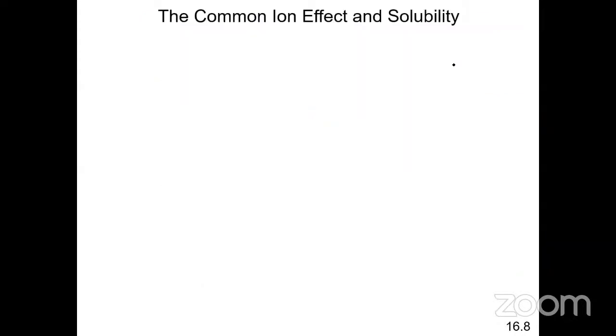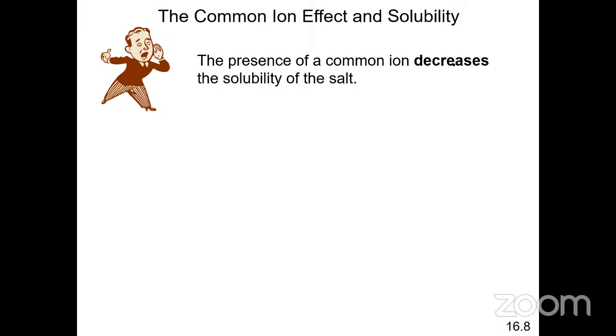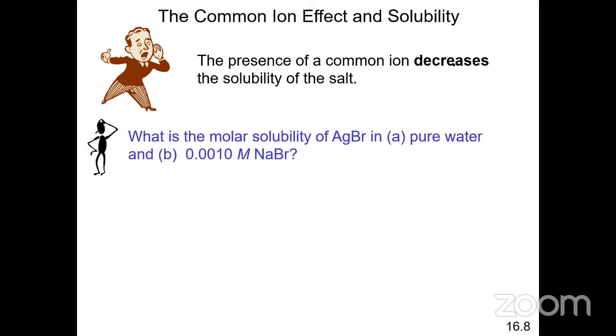All right. We talked about the common ion effect earlier with respect to dissociation of weak acids. We can apply the same principle to the type of compounds we were just talking about, the sparingly soluble ionic compounds, all right? And what you'll find is that just as the common ion depresses the dissociation of weak acids, the common ion, in the case of sparingly soluble ionic compounds, will depress their dissociation. And as a result, will depress their solubility, right? So to illustrate this, we're going to look at the molar solubility of silver bromide in pure water and then in a